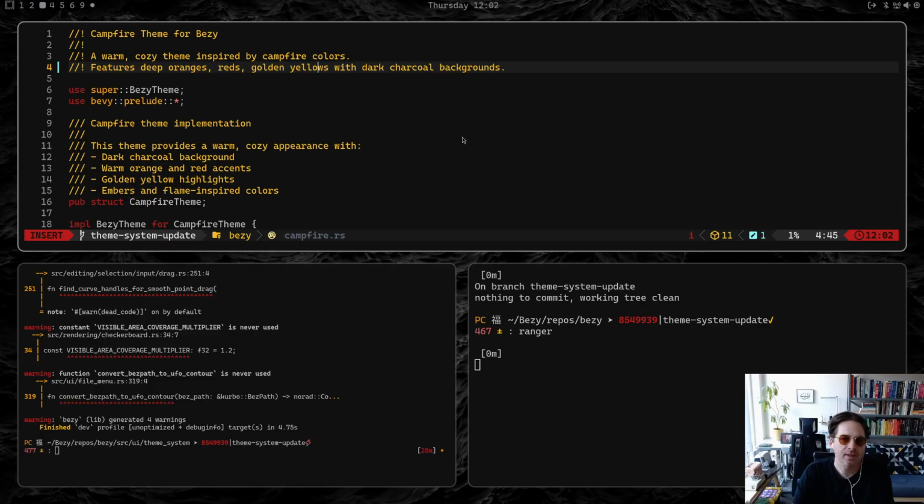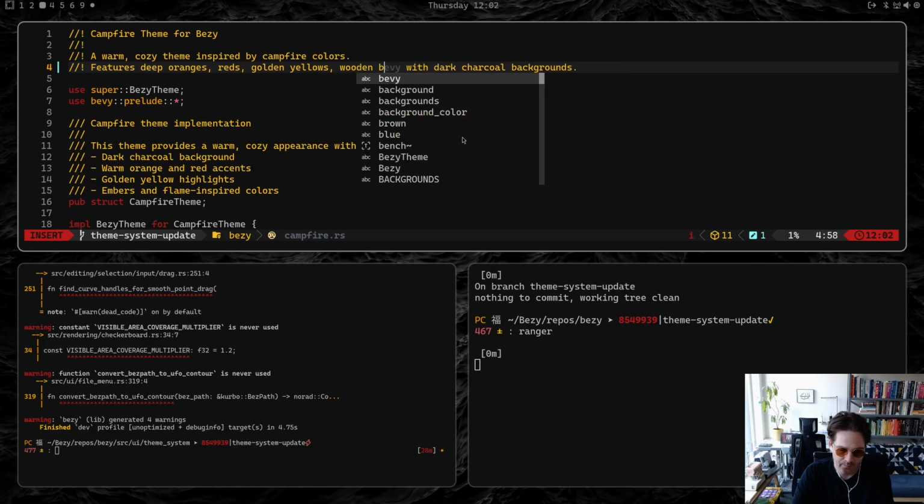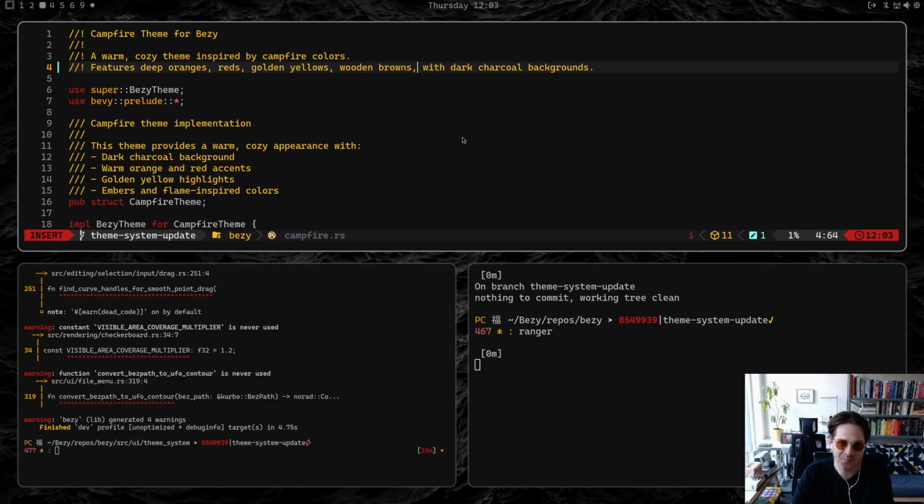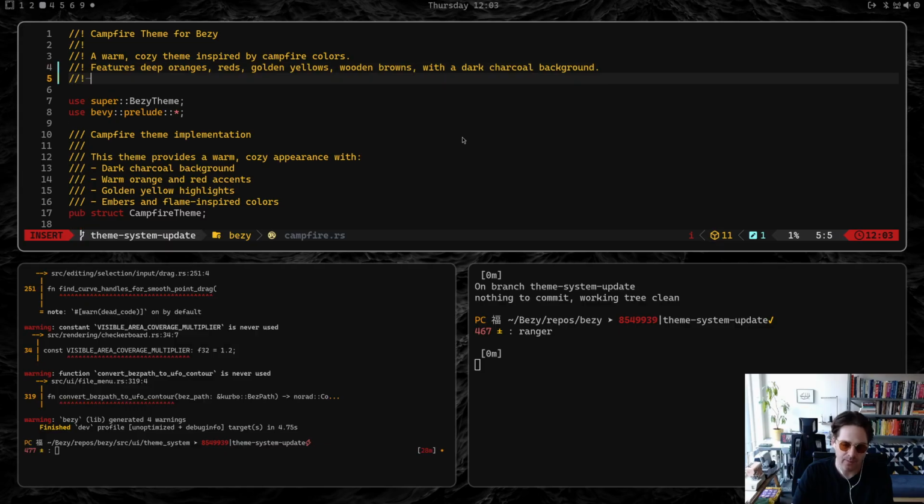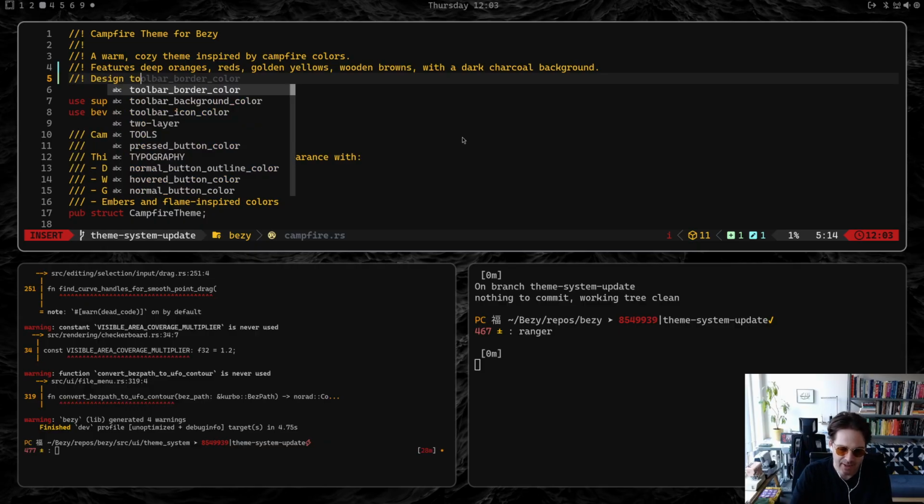Golden yellows, wooden browns with dark charcoal background. And then we'll just put like, designed to